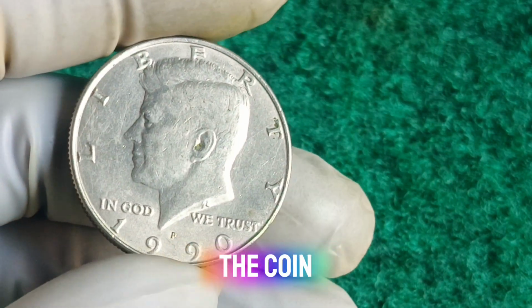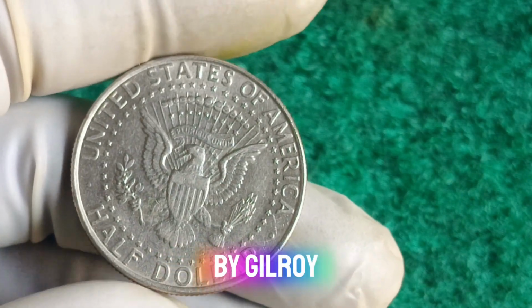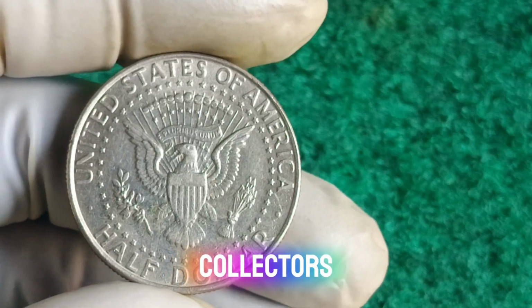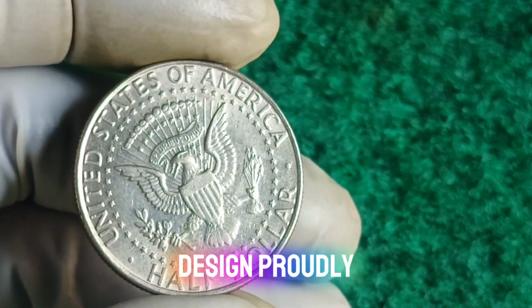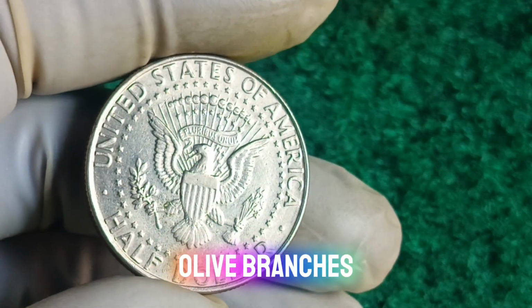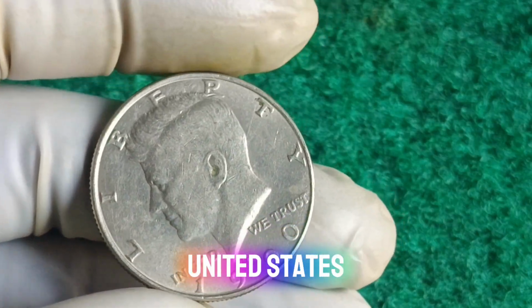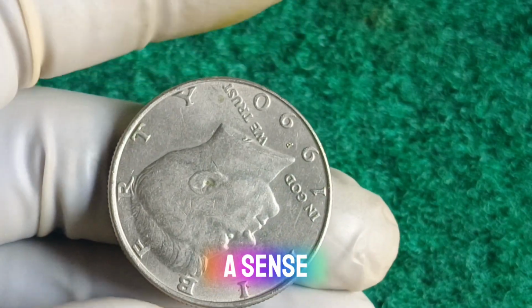The obverse of the coin features the elegant portrait of President Kennedy designed by Gilroy Roberts, showing his dignified profile that has inspired collectors since the very first issue. On the reverse, Frank Gasparo's design proudly displays the presidential seal and eagle clutching olive branches and arrows symbolizing both peace and strength. The words United States of America and half dollar complete the design, giving it a sense of prestige